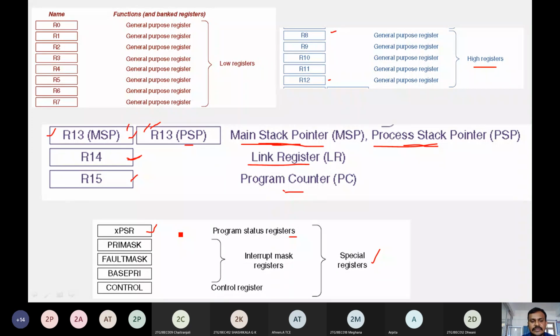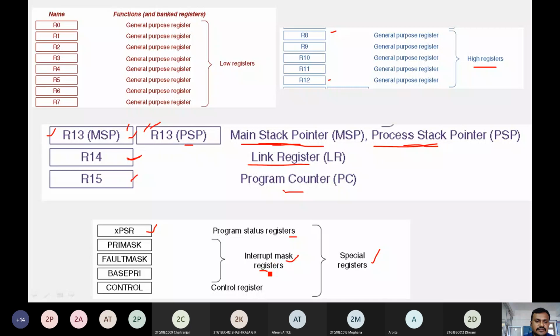Here also we find 3 separate registers, and the combination of all these 3 is considered as the XPSR or PSR series. Then interrupt mask registers, IMR we may say.